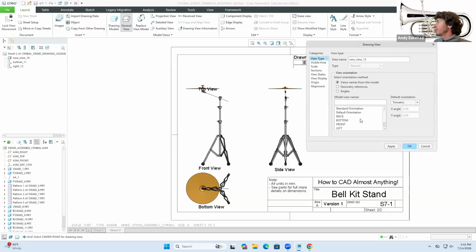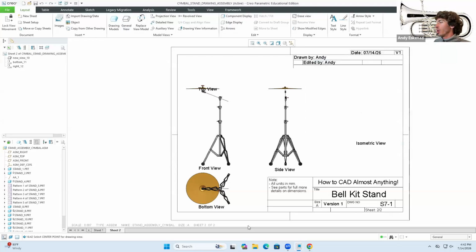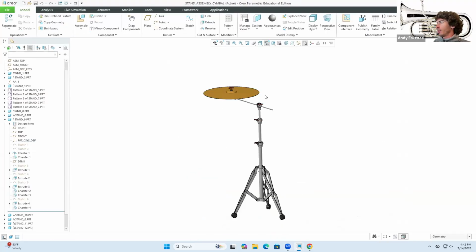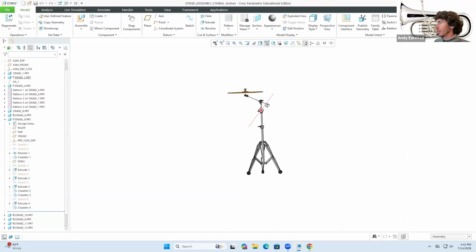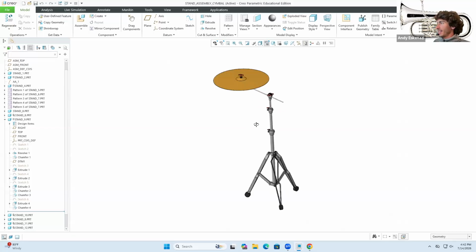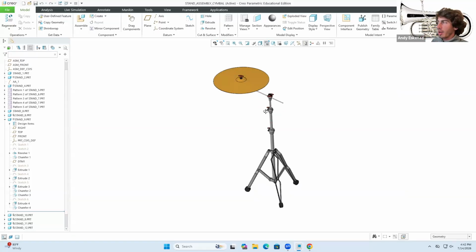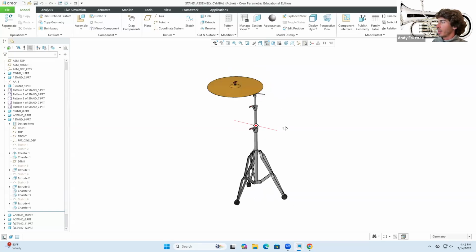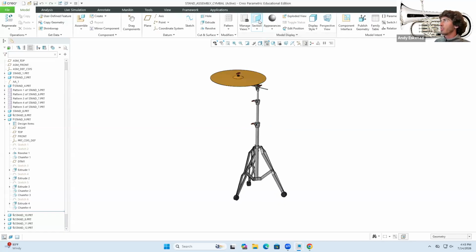What I do not remember is whether I had created an isometric view for this thing. I believe I had not. So if we go back to our symbol stand, suppose I wanted a view that is like this. A nice isometric view is really like a diagonal view for your object. So maybe something that looks like that, right? So if you're happy with this view, you know where it says manage views, view manager,